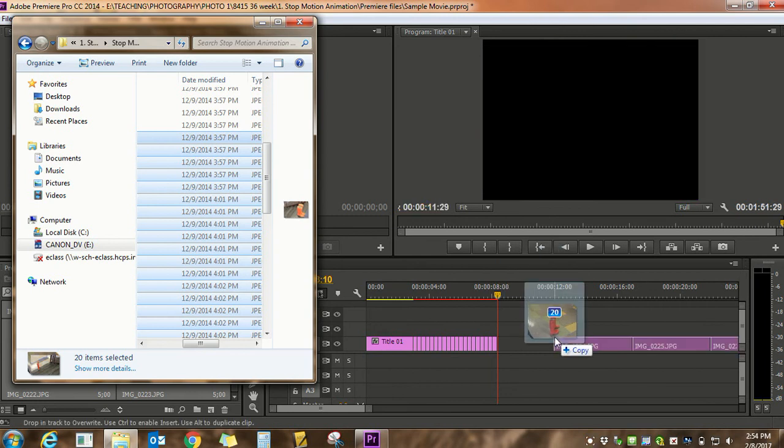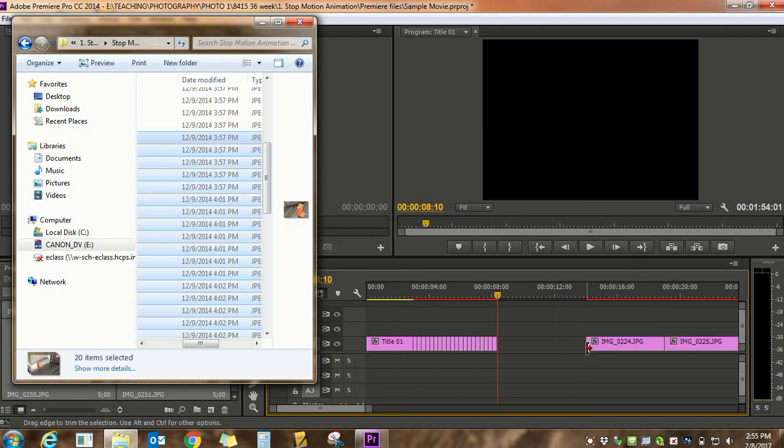And again with this, you want to make sure you don't overlap like this, because if the pictures are overlapping, it's going to delete those overlapping pictures, and you don't want to do that because then you'll be missing a chunk of pictures in your video. So you would rather have a whole lot of space in between than overlapping, okay? So drag it all the way over, so now your pictures are over here,